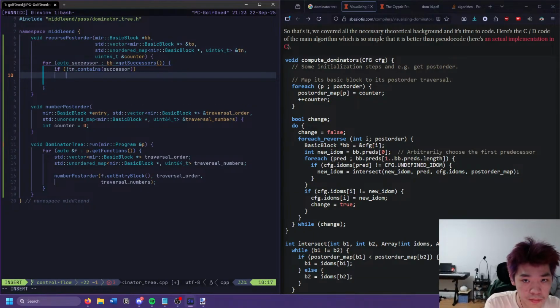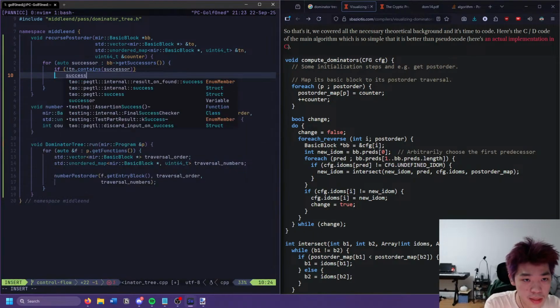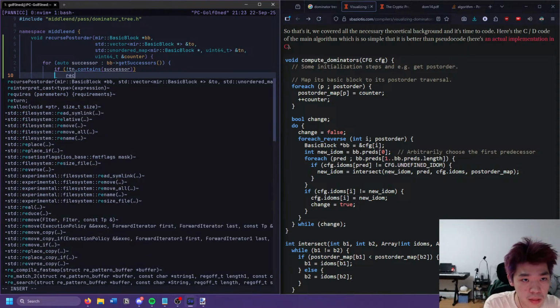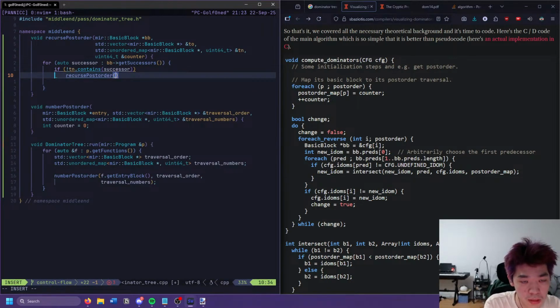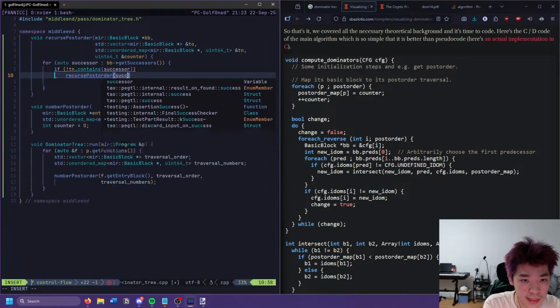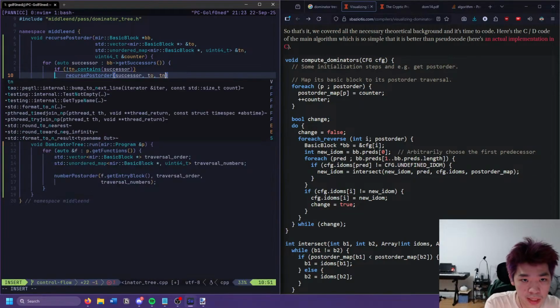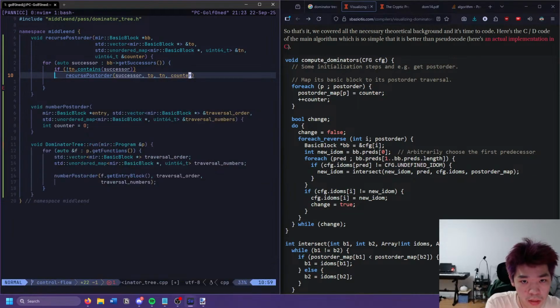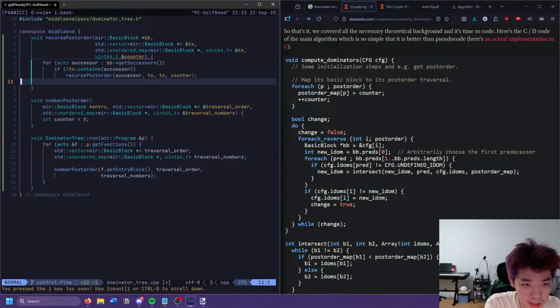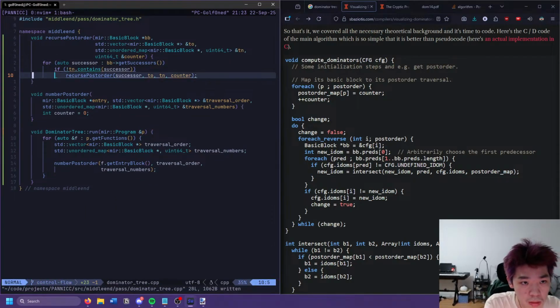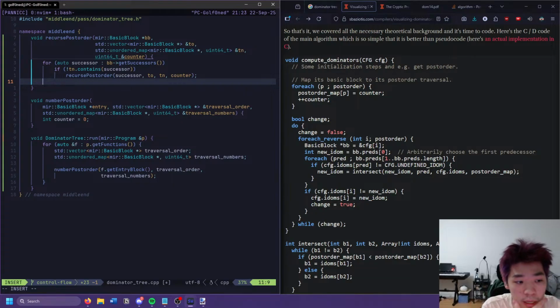Then successor, or we can recurse post order. We pass in successor, TO, TN, counter. We can also get rid of these braces. After that, then